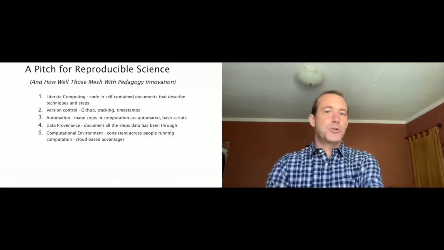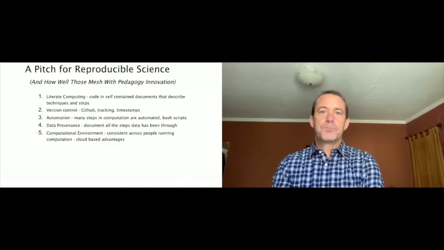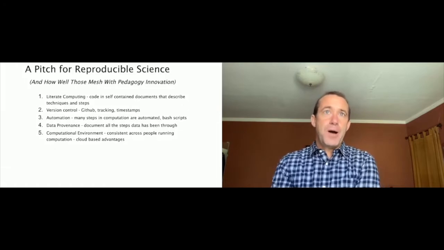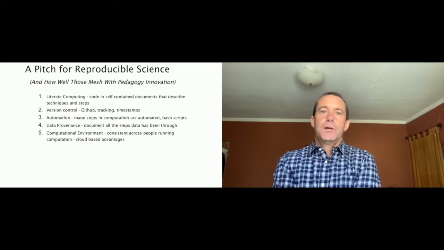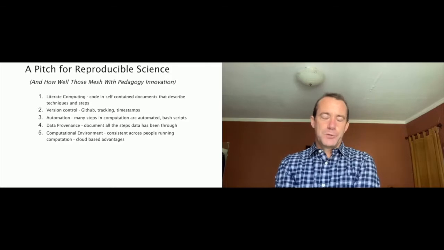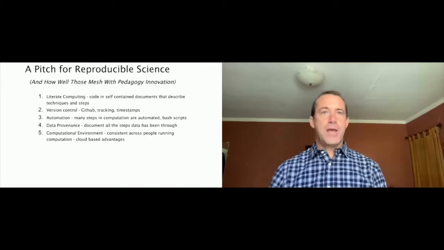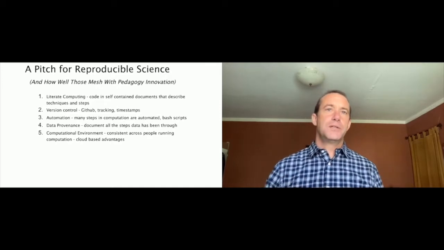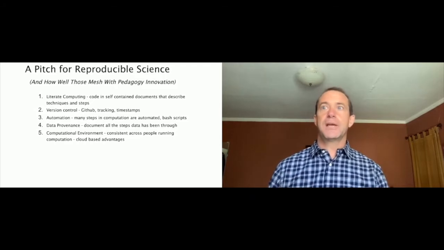Code and computing should be literate. They should be in a document that other people can see. There should be version tracking. There should be documentation of the data. And there should be the possibility of making a consistent computing environment across people. And so there's definitely a thing here where we're teaching students elements of reproducible science in an intro data science class. But can we add to the way that we teach students so that they become capable of doing reproducible work as they go on and become scientists after the class?